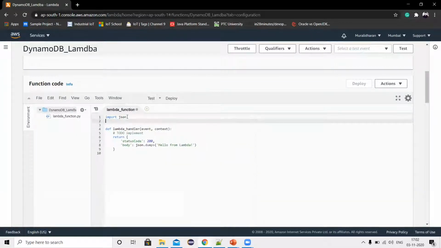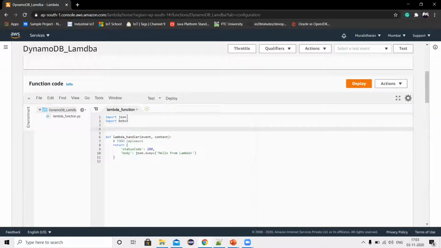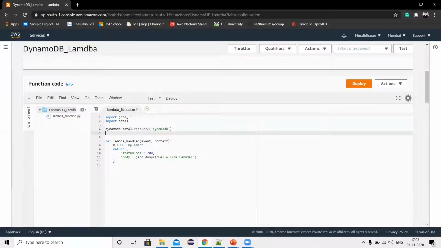I'm going to import the Boto3 module. Now I'm going to get the DynamoDB connection. dynamodb equals boto3.resource, and here I have to pass dynamodb. So I got a DynamoDB connection.